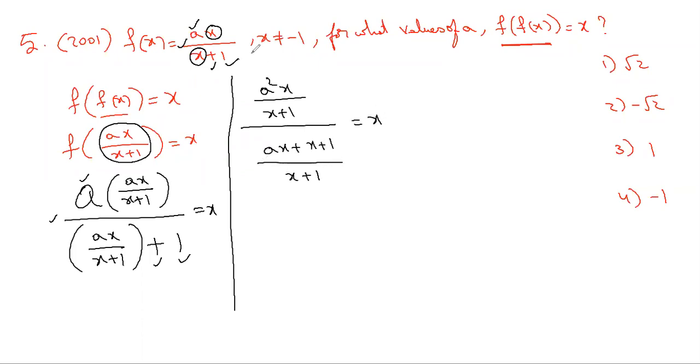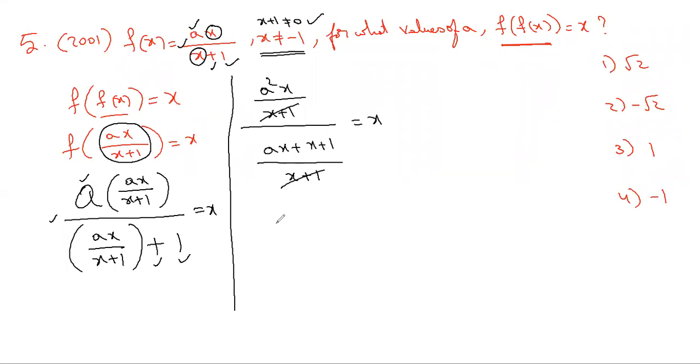equal to x. See, clearly in the question they have given that x not equal to minus 1. Automatically x plus 1 is not equal to 0. Only if you have that information, you can cancel a variable in numerator and denominator. Numbers like 2 or 3, you don't need any information. We know that the 3 is clearly non-zero, so we can cancel on both sides. But to cancel a variable, we must have the information that it is not equal to 0. That's why you could cancel here.